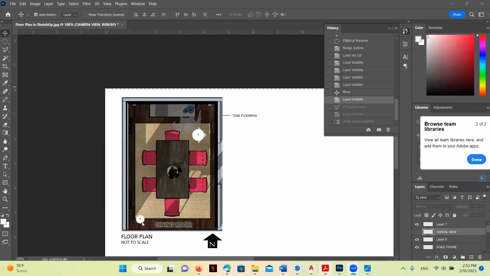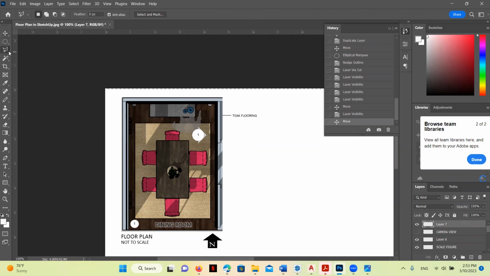Okay, let's do our last thing here with our camera view. Now, I'm going to once again show you how to create the camera view. We're going to use our polygonal lasso tool. If you don't see it over here, sometimes if you hover over, there might be other ones selected. Now I'm going to start by making my triangle. This is showing the viewer where the camera is standing. That's where the one is. And then where they're looking, the cone of vision, sometimes we call that. You can see the O pops up over there.